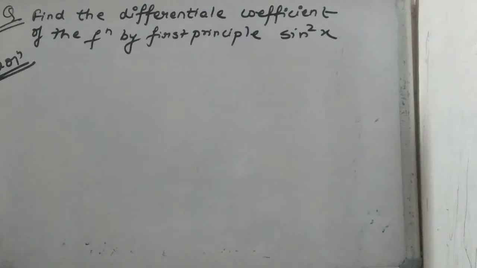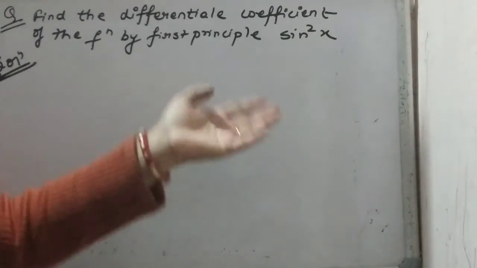Now see the next question, okay. One trigonometrical question is also given in the book. So sine square x, this function is given to you, so we can say let our y function be sine square x. Now you have to put this function in the given formula. We have to find dy upon dx, and the same here, limit h tends to 0, okay. And what is given there? The function is sine square x, so sine square of x plus h, and minus sine square x only we can take, okay. Now here upon h, understood.